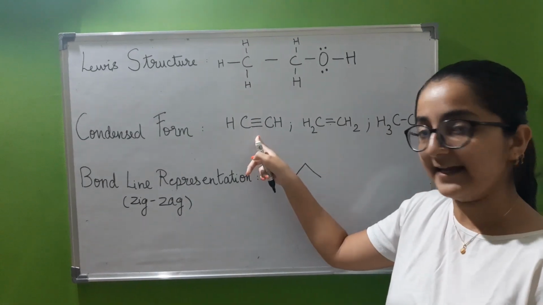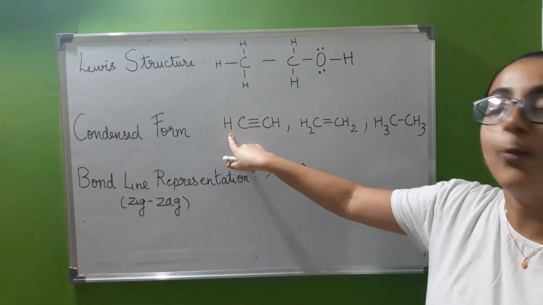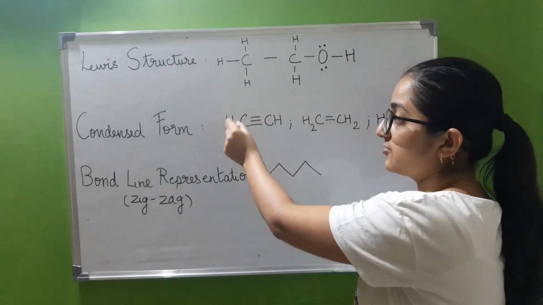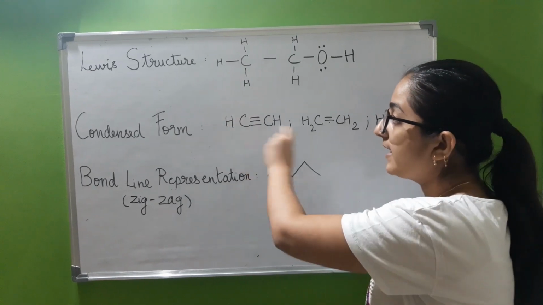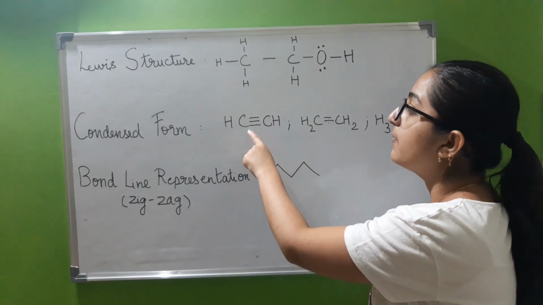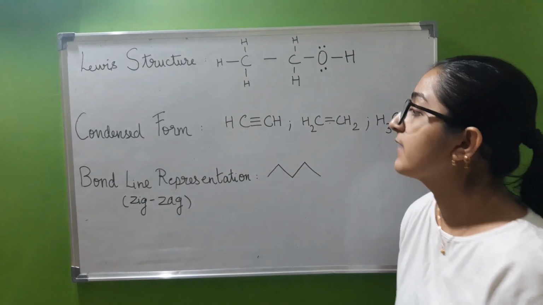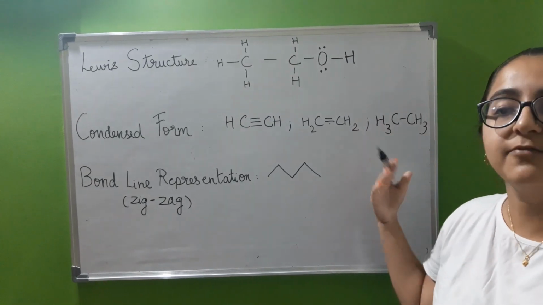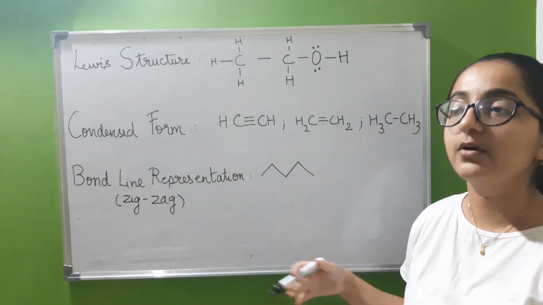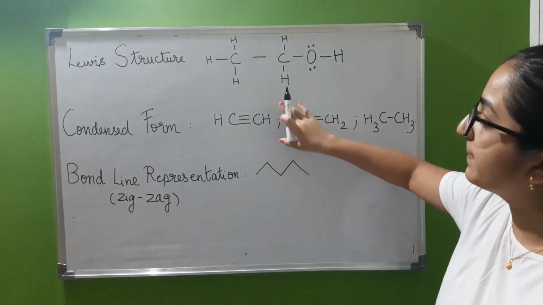While coming to ethyne, here we can realize that each carbon atom is attached with only 1 hydrogen. Rather than representing it with another dash that is showing the bond between them, we omit the bond in condensed form. We only represent the bond between C and C, not the bond between C and H. Sometimes there might be other functional groups like alcohol, that's OH, aldehyde, CHO, carboxylic acids that are attached to it. For that, we have to separately mention them.